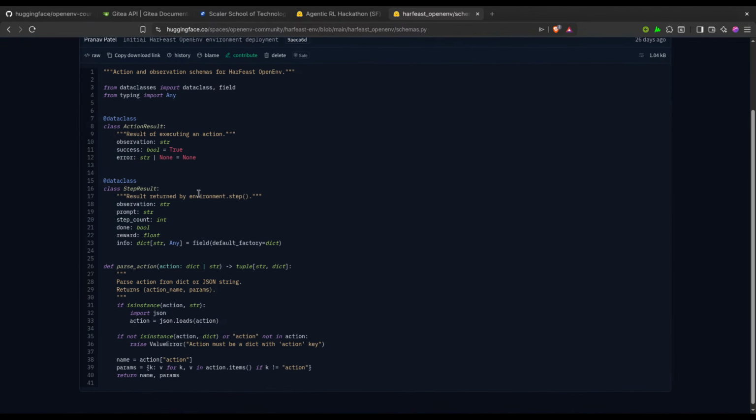This is where all the modules have been kept. Actions, observation, success boolean. Okay, this is observation: prompt, step count, done, reward info. Okay, so everything is good now. If you want, I can next generate the task as well as the SQL.